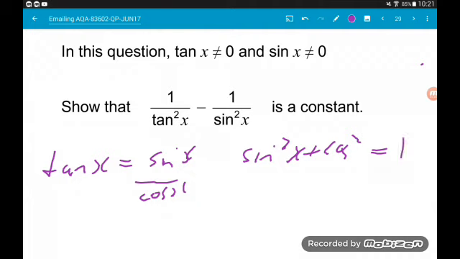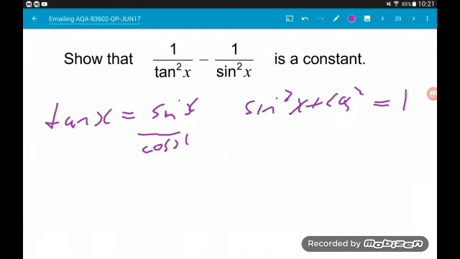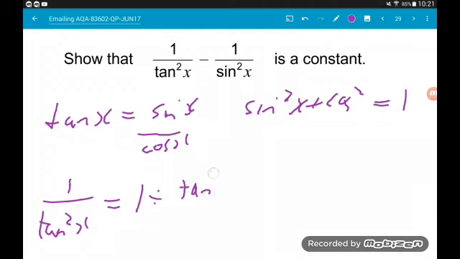So, let's deal with 1 over tan squared x first of all. Well, that's saying 1 divided by tan squared x,